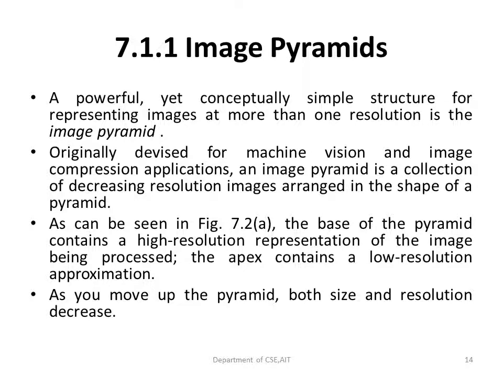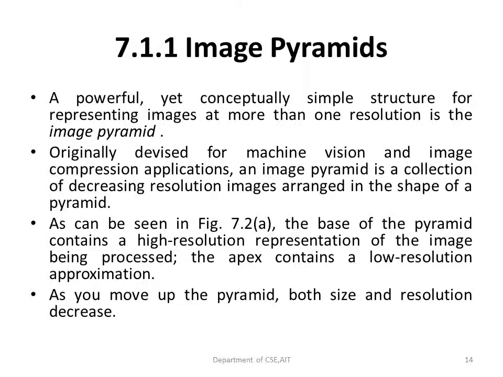So we can represent an image by using an image pyramid. We have seen there is a drawback with the histogram representation of an image, because if the image is very big, the histogram also becomes very complex. Representing the entire image by making use of a histogram becomes an impossible task. That is why we are going to move to image pyramids. This is a very strong concept which was given by Burt and Adelson in the year 1983. It is very simple, but it can handle more than one resolution.